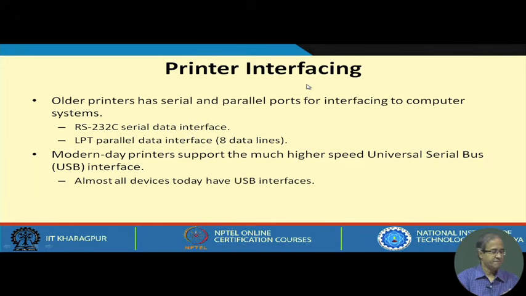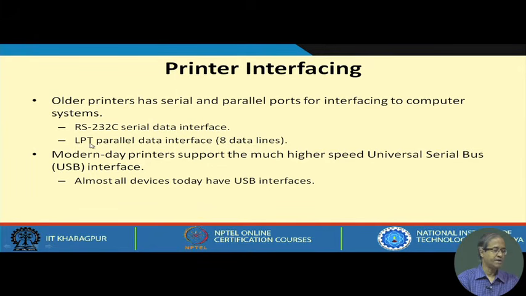Now, let us very briefly look at a printer interfacing problem, and how some of the IO transfer methods we discussed earlier can be used there. If you think of the older printers which were available maybe 5-10 years back, they had either a serial or a parallel interface.